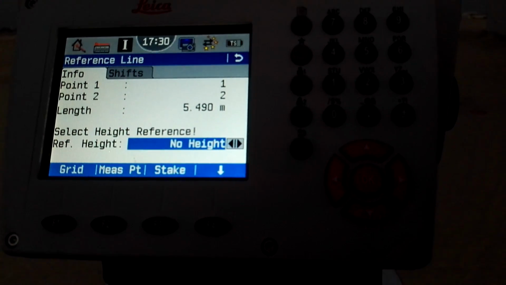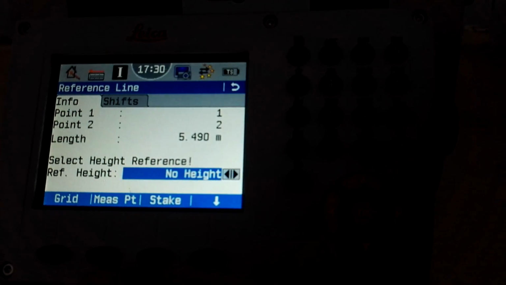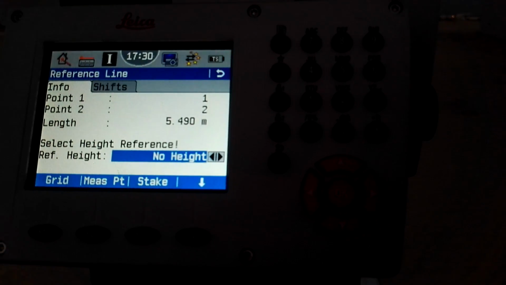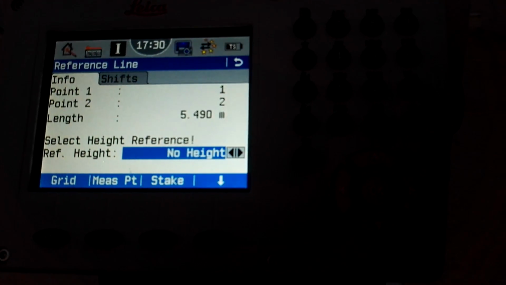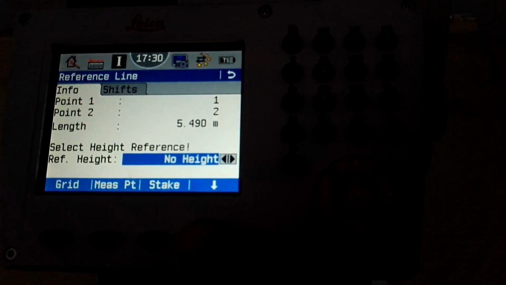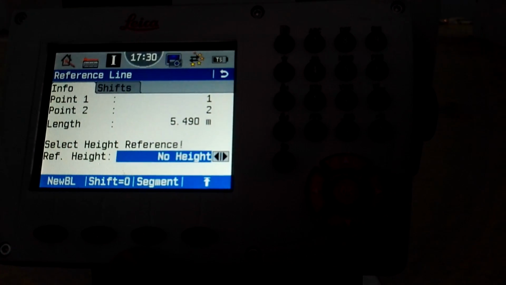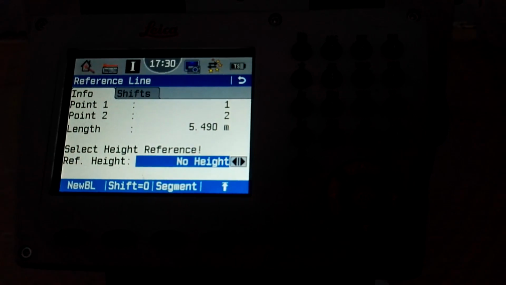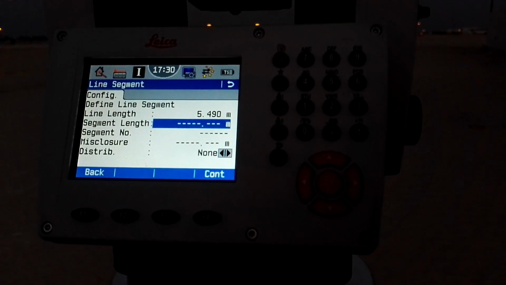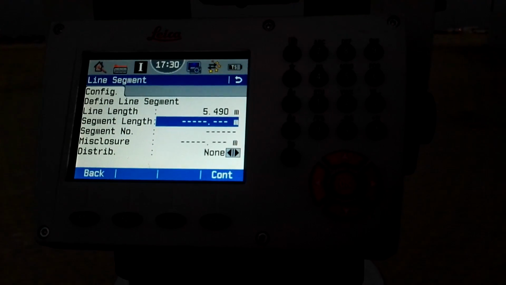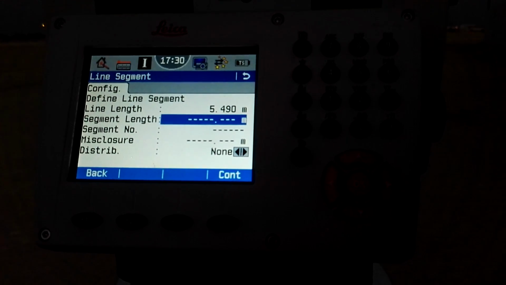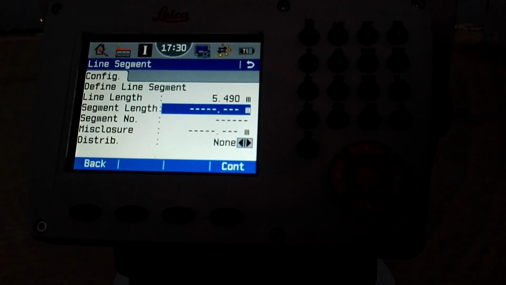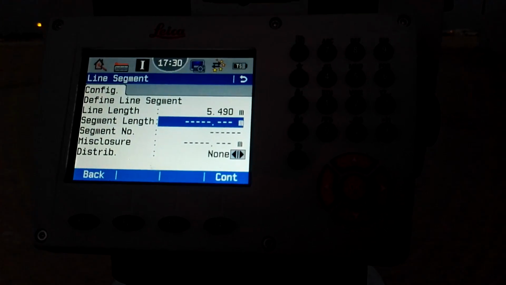Okay, so about the grade, measure points, take, we already discussed in the previous videos. If you have any question, you can check my previous video regarding these 3 methods. So today I'll go with F4, and then in the F3 key we have a segment. So I'll press F3, or simply touch the display. So I'll enter the segments. So line segments, we already have with these 2 points. The instrument shows me this line segment length is 5.49 that I measured there.